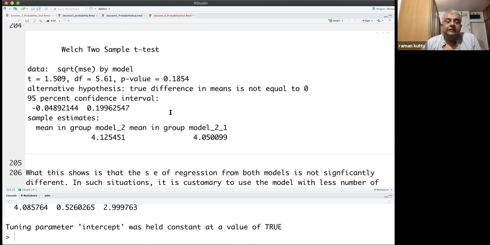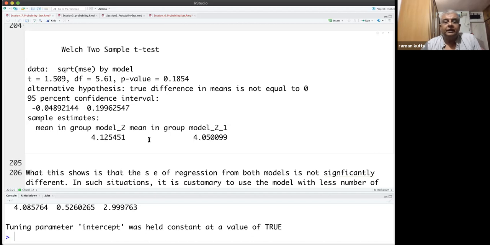So when there is no statistical significance between two models in the performance, the principle is that we prefer a model with lower number of terms. Now here we have two models. One has two terms, origin and horsepower. The other has three terms, origin, horsepower, and the interaction between them. So when the evaluation shows that this RMSE from these two are not statistically significant, as we have seen here, p-value is 0.18, which means that actually the one with the lower number of predictive variables is preferable, which is the one with only horsepower and origin.